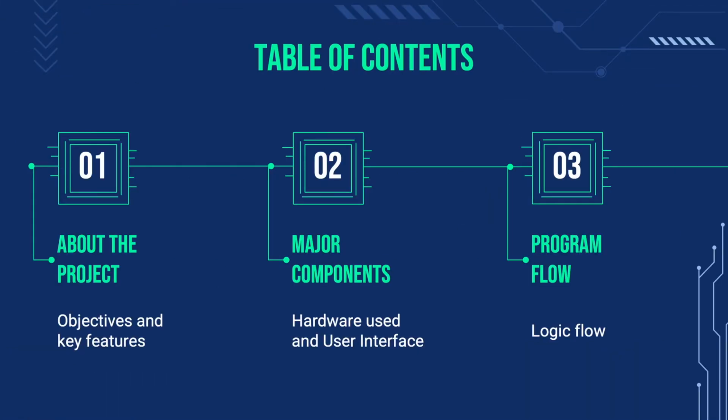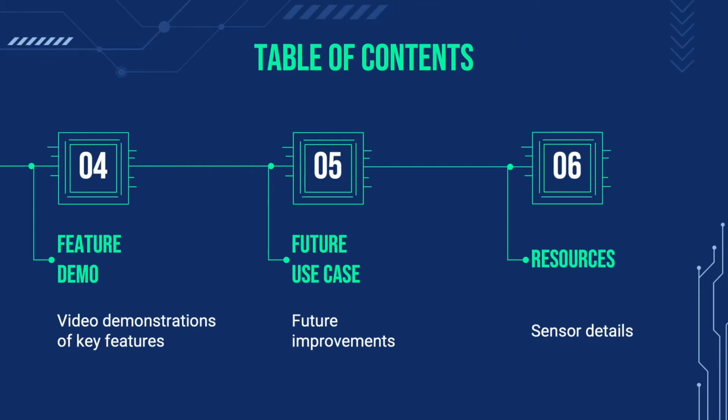So let's go through the table of contents of our presentation. We will first walk through the objectives and key features of our project. We then will move on to the major components, such as the hardware used and the user interface. After that will be the program flow, and we will do feature demos to illustrate our key features. We then will finish off with the future use cases for improvements and also tell you the resources that we've